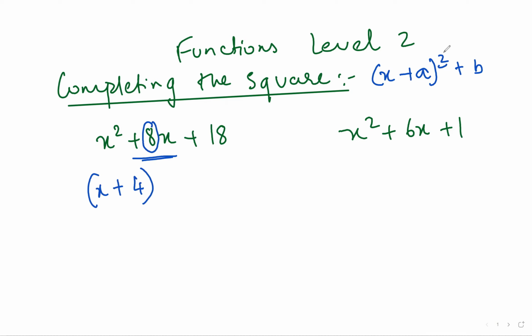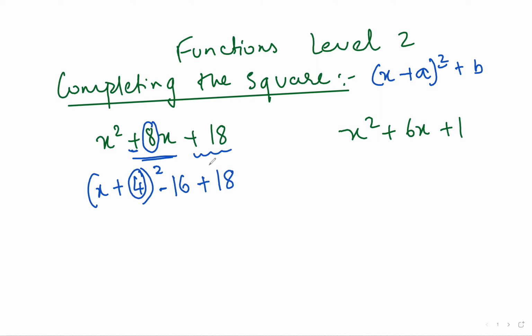As I want it in terms of square, I will make this a square. As it's plus everywhere, so plus. Be very careful here: in case of plus, outside it will be a negative sign. So as it's plus over here, outside will be negative. And you will take the square of this 4. 4 squared is 16. So negative 16 and then plus 18.